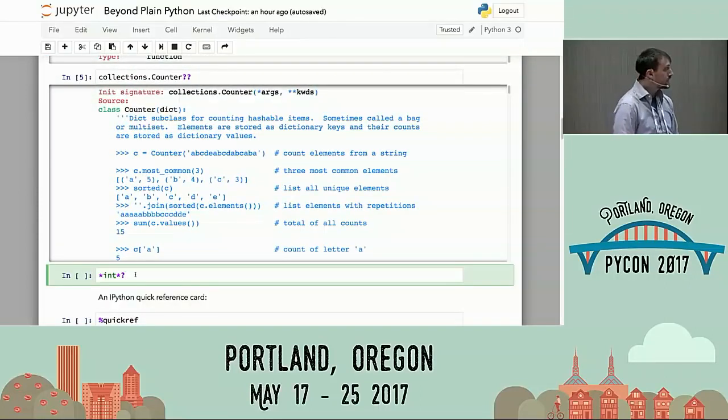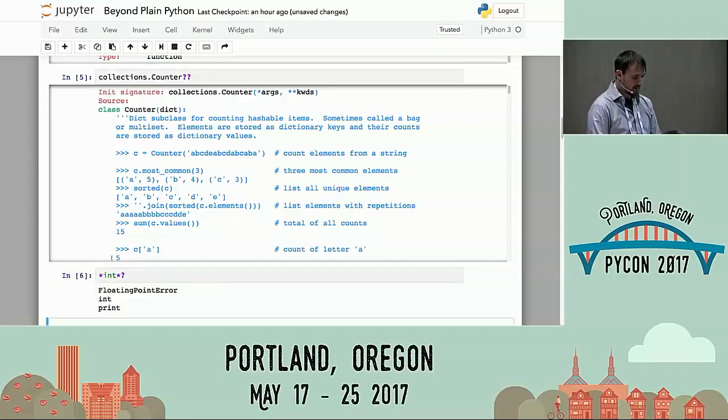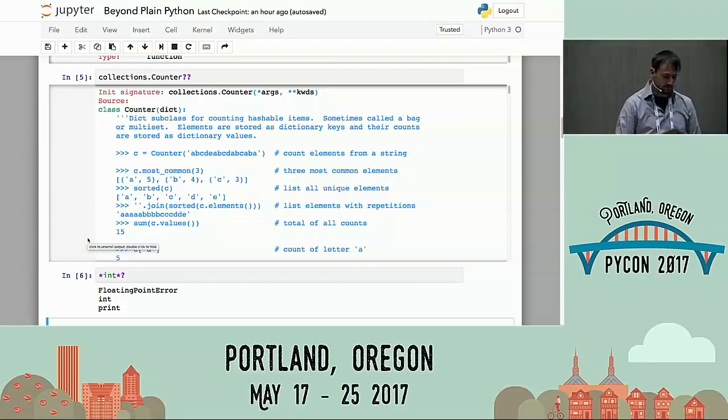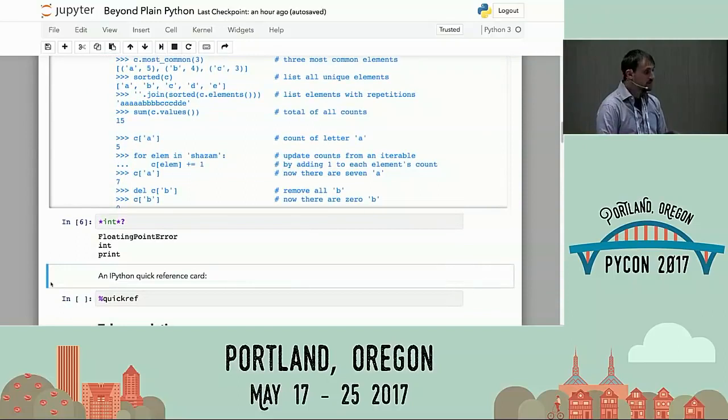And then the next use of question mark is with wildcards. So here I've got asterisks on either side of int, and then a question mark. What this does is it searches the current namespace for any symbols that match that pattern. So in this case, it tells me that I've got the built-in function print, int, and I've got the floating point error. And now this can be useful for maybe a module that has a really big API and you want to